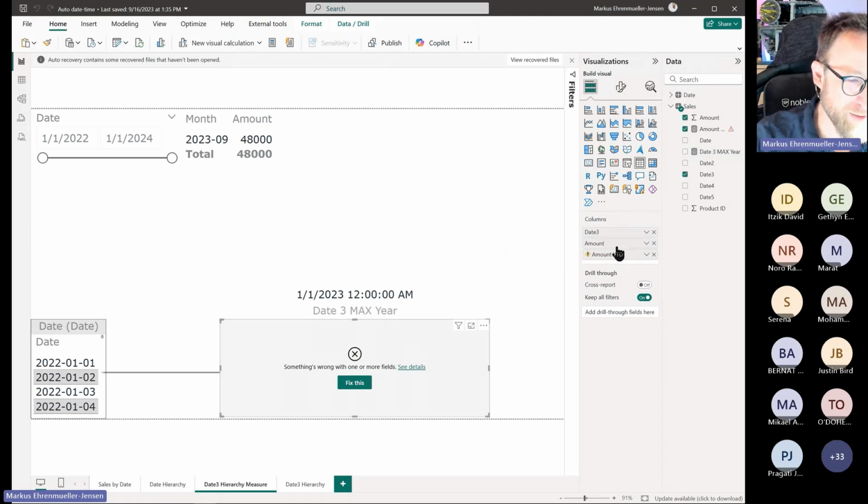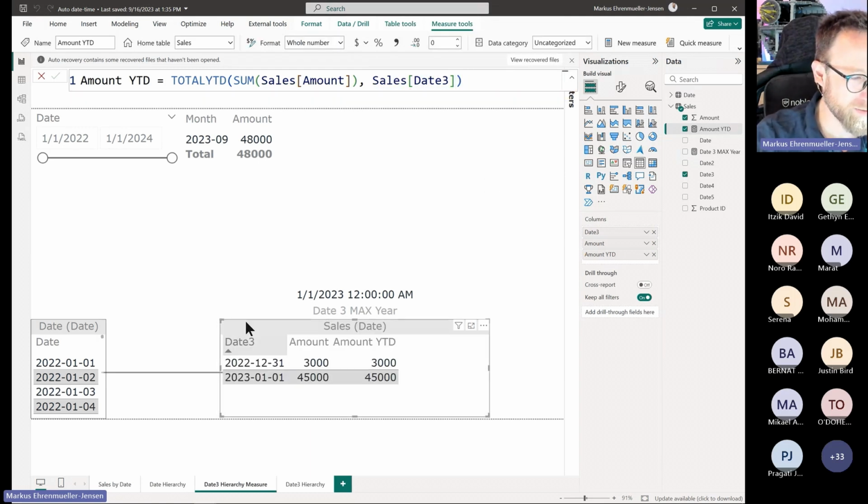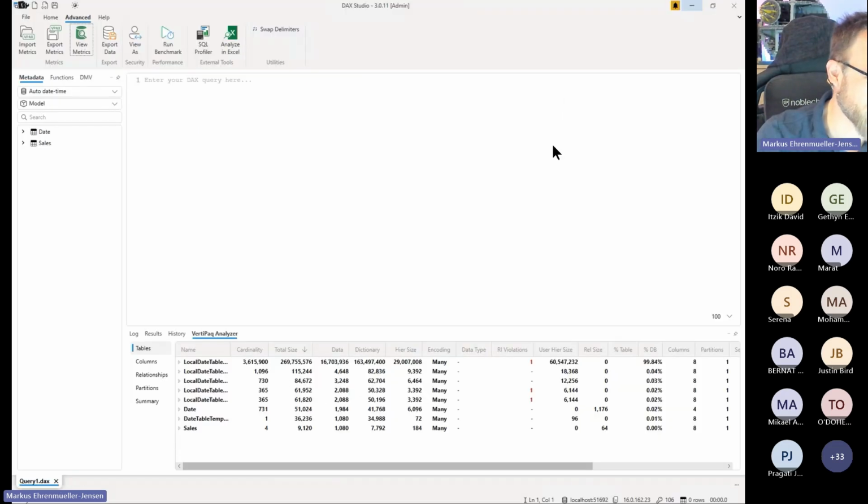And here we have the same effect for the amount year to date, which is also affected by this weird notation, right? And as soon as I correct this, I see that now the hierarchy is gone. So even though on some occasions the report will not break, the look and feel of the report will change. It's also a bad thing. So turn this off at the beginning, and instead, that's what I will now do with my financials example,